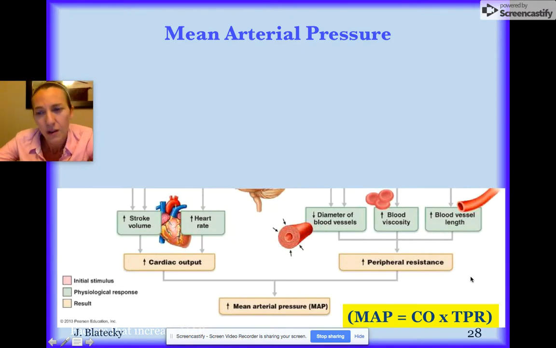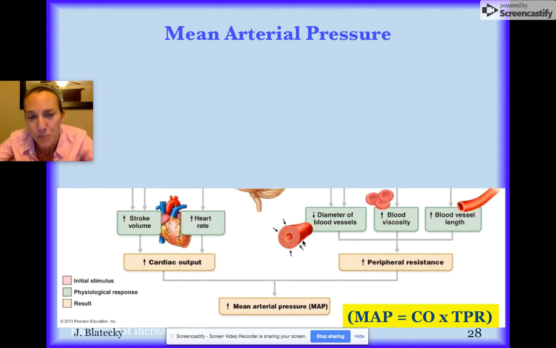Over here, on the total peripheral resistance side, we've talked about these three factors. You've got blood viscosity, the stickiness of blood. We talked about EPO doping or dehydration as factors that came up here. Blood vessel length, you really don't have much control over that unless you grow or you build muscle mass or build adipose tissue. And then really putting an emphasis on this factor here with the diameter of these blood vessels. I'm going to stop this little recording here, but hopefully that gives you a really